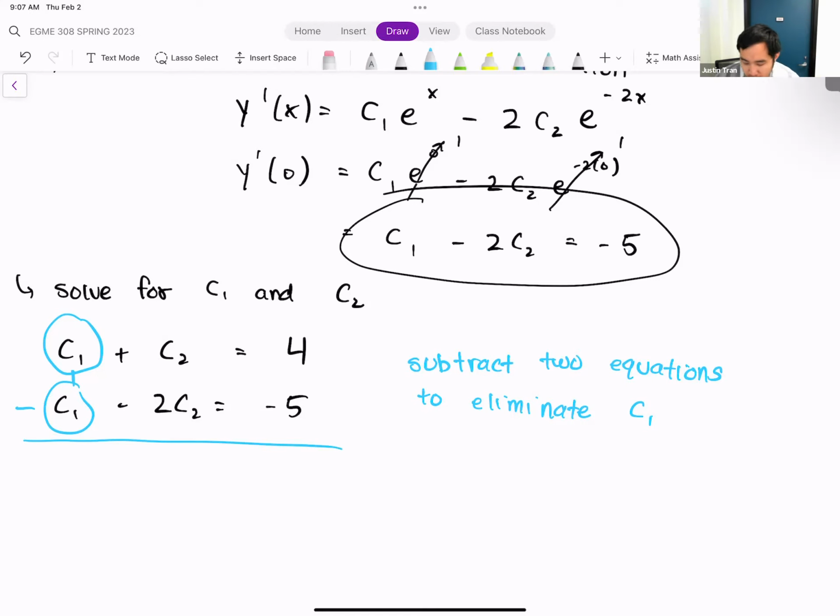All right, and so if I subtract these two equations, the C1 terms are going to cancel out. We have equation 1 minus equation 2. So we have C1 minus C1, that is done. And then for the C2 terms, we have C2 minus a minus 2 C2. And then on the right-hand side, we have 4 minus a negative